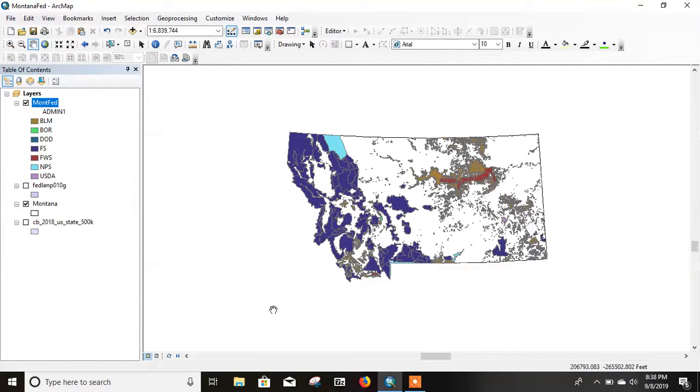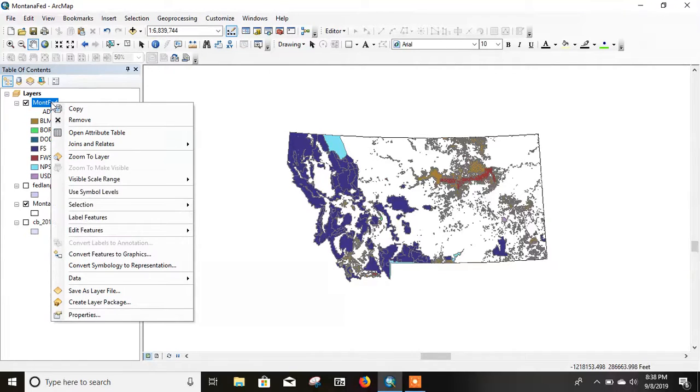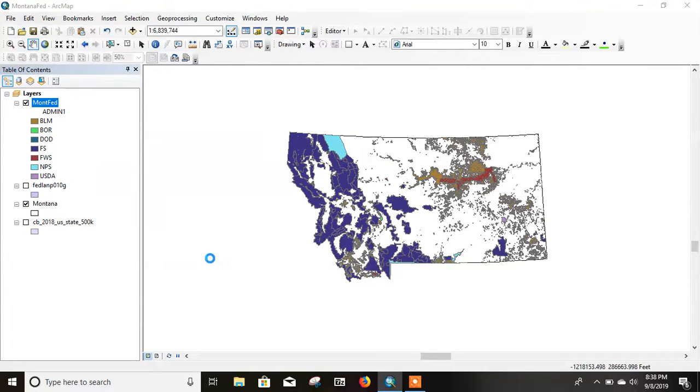Hey guys, I'm going to pick up where we left off in the last video. I have a map of Montana with the federal lands identified on it, and the different colors represent these different agencies that you can see over here on the left in the table of contents. If I don't like something about that symbology or the colors and so forth, I'm going to right click on the layer name, come down to properties, left click,